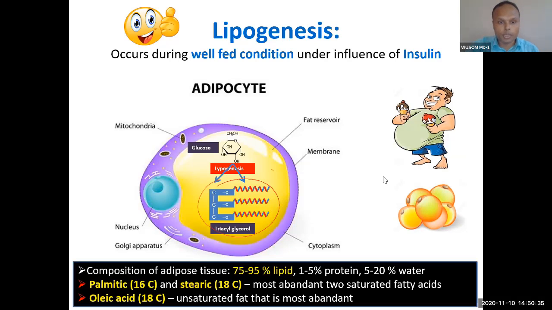So we did up to this. The predominant fatty acids of your adipocytes are 16 carbon palmitic acid and 18 carbon stearic acid. These are saturated fatty acids. Now, the predominant unsaturated fatty acid is oleic acid, that you find in olive oil. This oleic acid is also 18 carbon. So we did this. So today